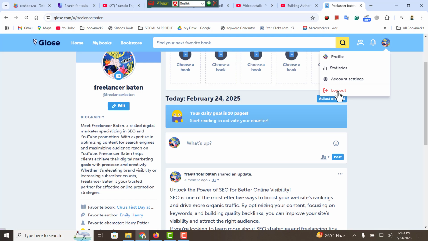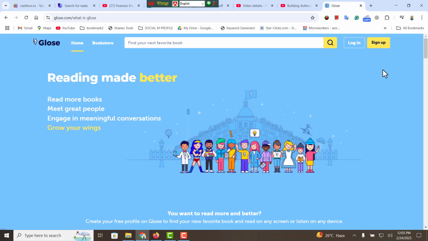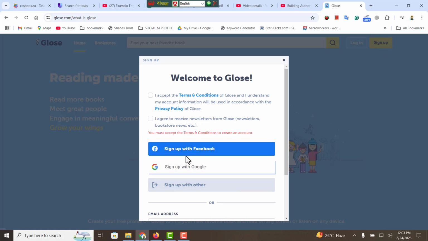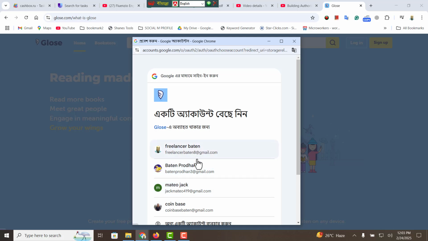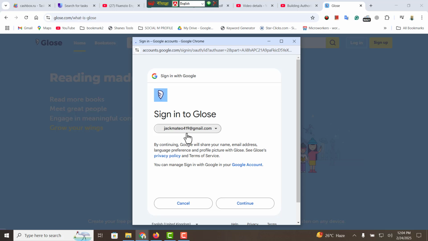I click on logout, then select a new Gmail account in order to create a new account with a new website.